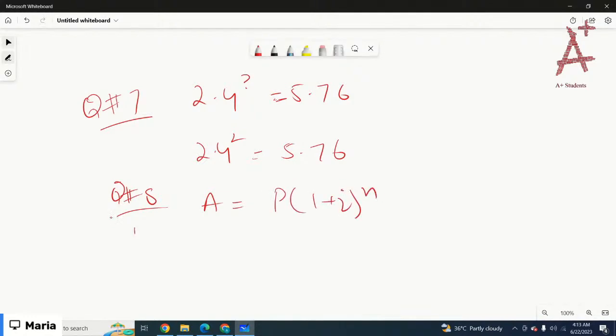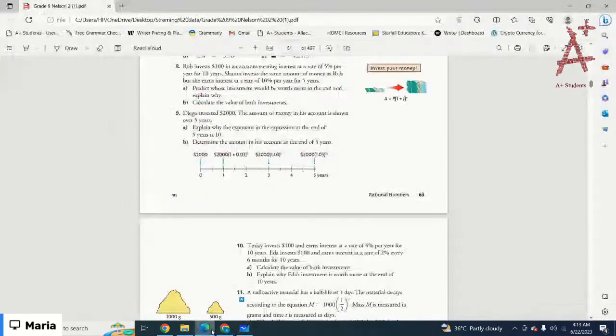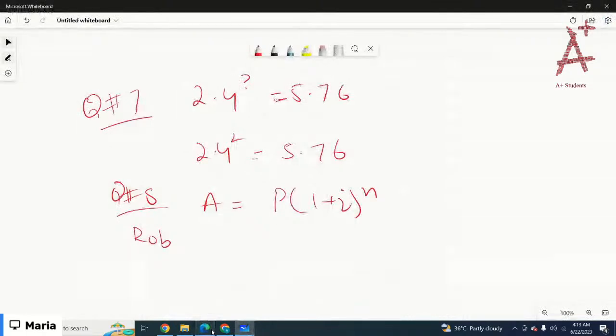Got it? You have to calculate for Rob. Rob has the basic amount of $100, then 10 years and 5%. So the principal amount is 100, the interest rate is 5%. You can write divide by 100, and for 10 years. Got it? When you evaluate, it will be